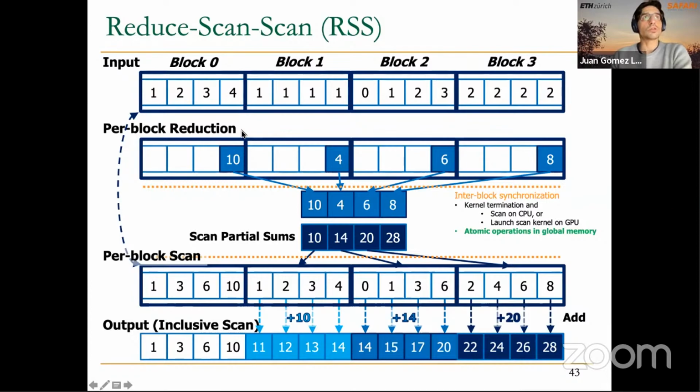In this reduce-scan version, the first kernel calculates the reduction. As you remember, what we do is, in each thread block, one thread will write the reduction result into another array, and then we perform this scan operation. The way that we can perform this scan operation is by using one new kernel on the GPU, or by scanning on the CPU, as we said before. But we can also do it using atomic operations, as we will see, because